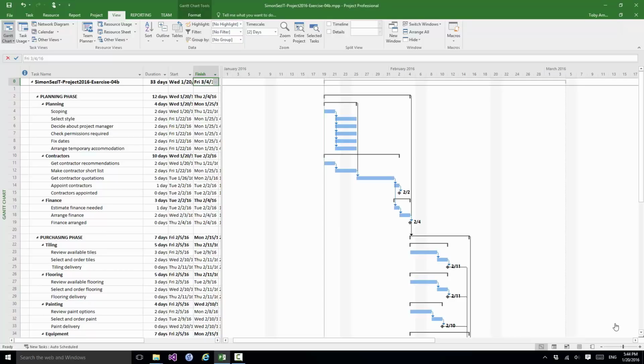In this section and the next section or two we're going to look at views in Project 2016. You've already seen a few views such as Gantt chart view already. We're going to look at quite a few others in the next couple of sections, but I'm also going to introduce you to some general aspects of views that will help you as your knowledge and use of Project 2016